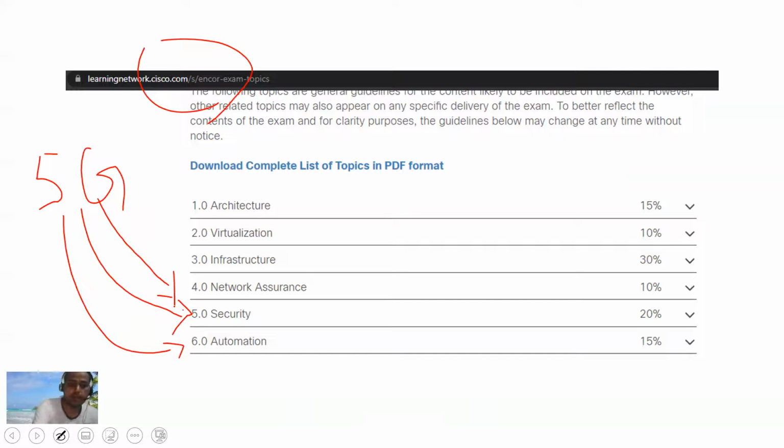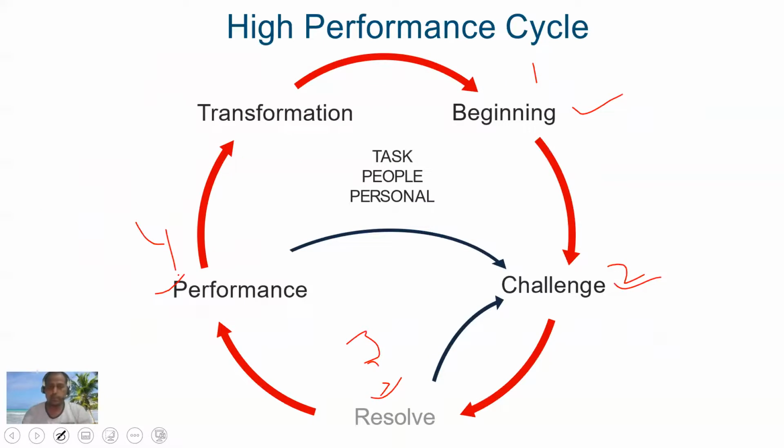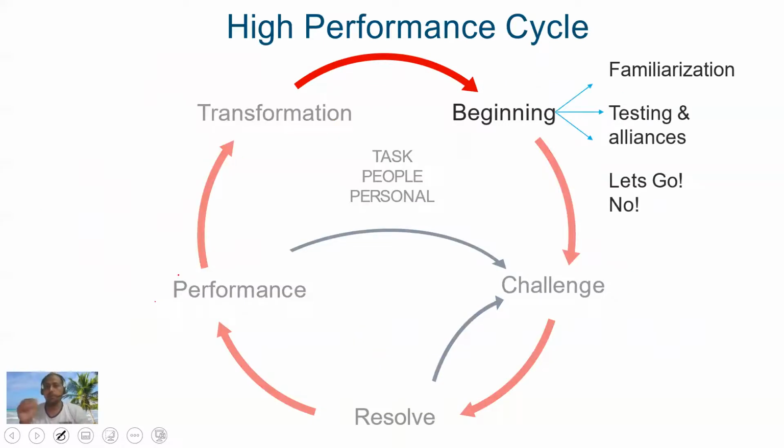So again, you can see the link. You should know the architecture of 5G, how 5G will use virtualization techniques, and what about the overall infrastructure, from one 5G to another 5G, what is the backbone, what's the protocol, etc. Correct. So the answer is yes. If you're learning any new technology, you can correlate. So in the beginning, you can do correlation, familiarization, testing, alliances. You can create one 5G group where everyone can share their knowledge. You can make the alliance and you can start.